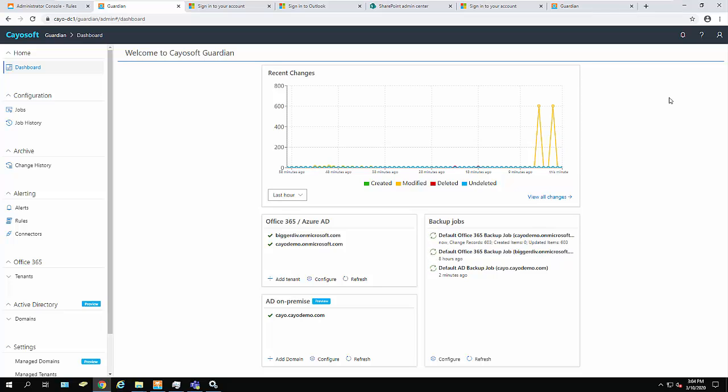Cayosoft Guardian recovers and protects Azure Active Directory and hybrid AD data. Through a unified view, Guardian monitors all directory changes and empowers you, the administrator, to understand and roll back those changes quickly. I'm looking at the Guardian homepage and I notice a telltale sign of a change that has been